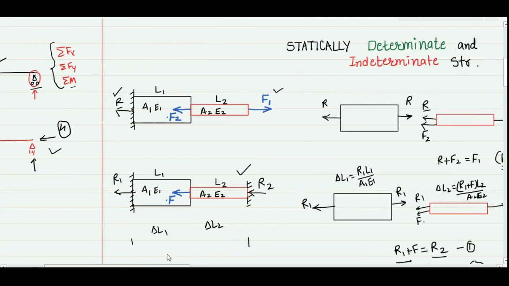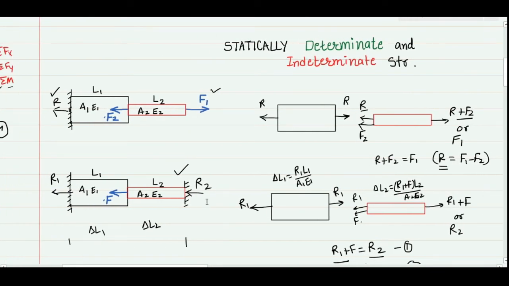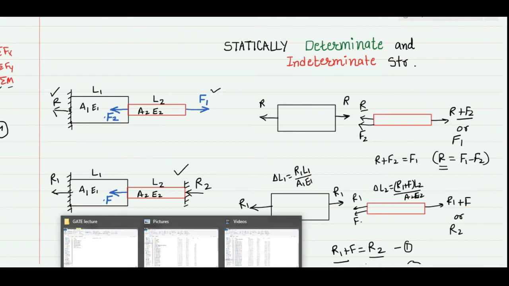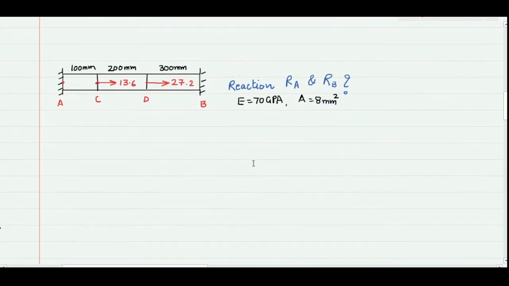So let's solve one problem of a statically indeterminate structure, because such problems are expected in the GATE exam. The first kind of problem we have already solved in our previous lecture. So here the focus is on the second kind of problem. Here I am showing a problem which was asked in one of the exams. Here I have a continuous bar and I have applied two forces. The sections have lengths 100 mm, 200 mm and 300 mm,